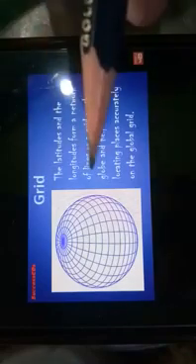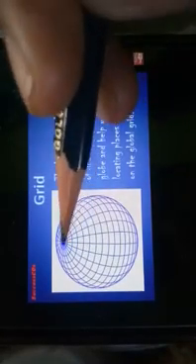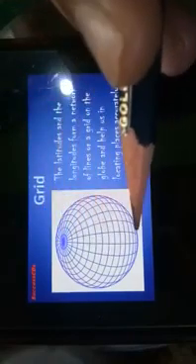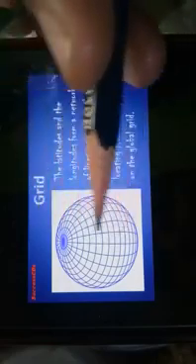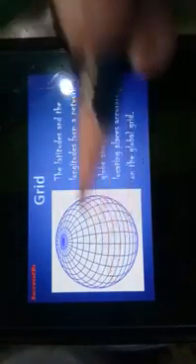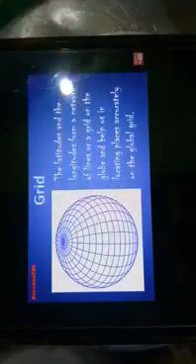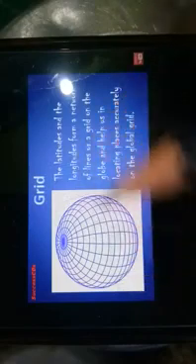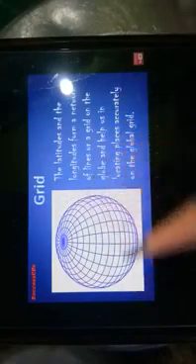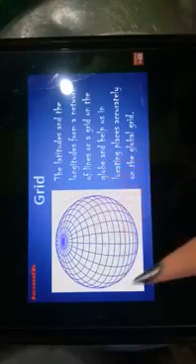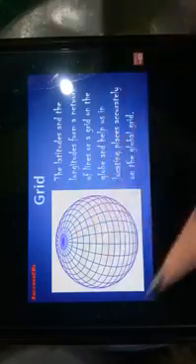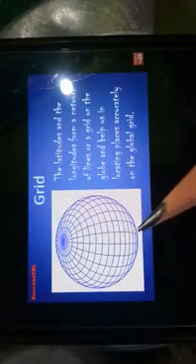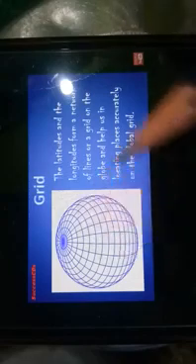You can see on this diagram of the grid, a series of lines have been drawn from north to south and east to west. These two sets of lines form a grid. The lines that run from east to west are called latitudes. The latitudes and the longitudes form a network of lines, or a grid, on the globe and help us in locating places accurately on the global grid.